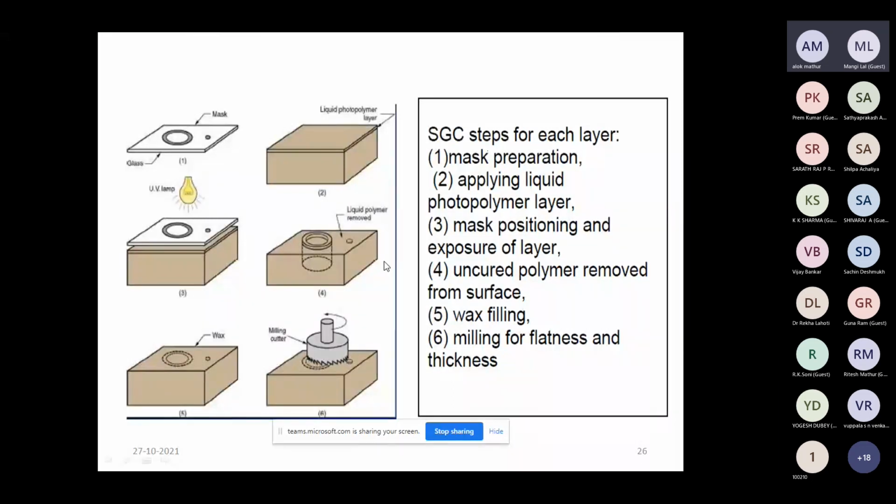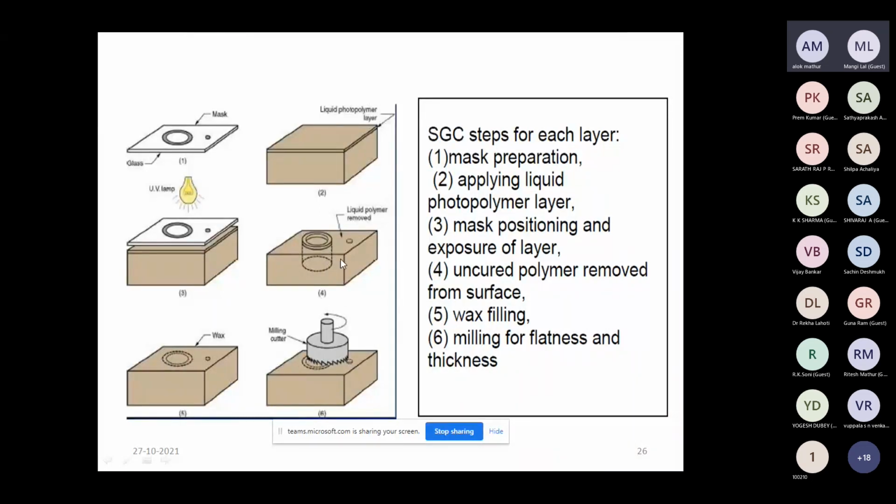The remaining area remains in liquid form, liquid resin. Only the area that is exposed directly through the photomask is cured.